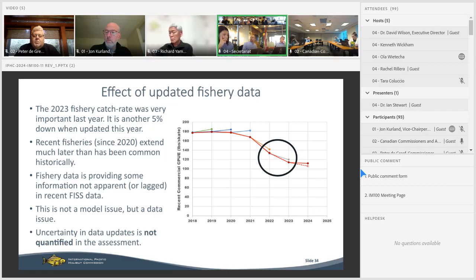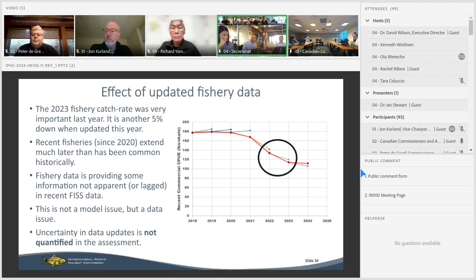The last component I would mention, and this is perhaps the most important one, is that I think we're also starting to see the models relying more on the fishery data than on the fishery independent setline survey data, or relatively more than they have in the past. As we have greater uncertainty in our survey index, we're going to rely more heavily on the fishery data. At the extreme, if we didn't have any survey information at all, the fishery data would be the only thing telling us about the stock dynamics. And I think we're starting to see that shift a little bit this year with the greater uncertainty in the survey.